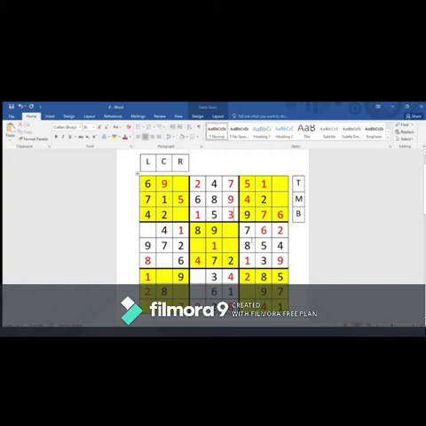Okay, we have to fill in 6, right? We can fill it over here or here. But we fill it only over there. Why? Because we already have a 6 in this column. And if you notice carefully, we are left with only one cell over there. So let's check it out.